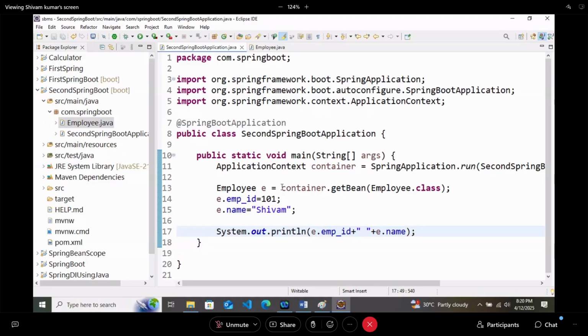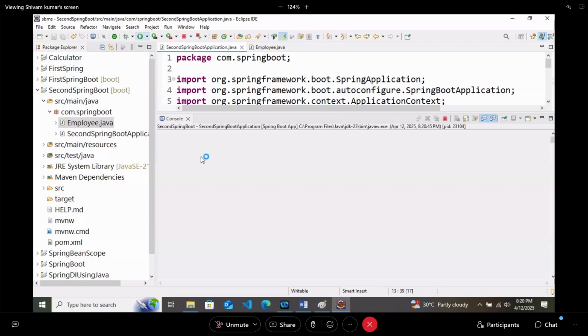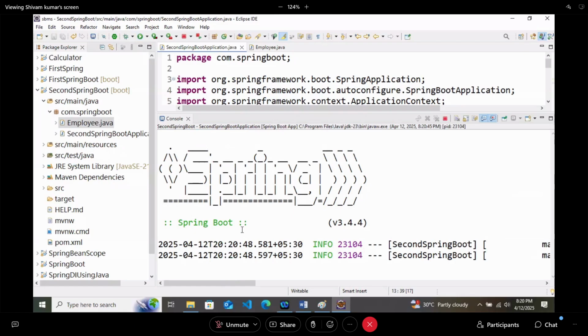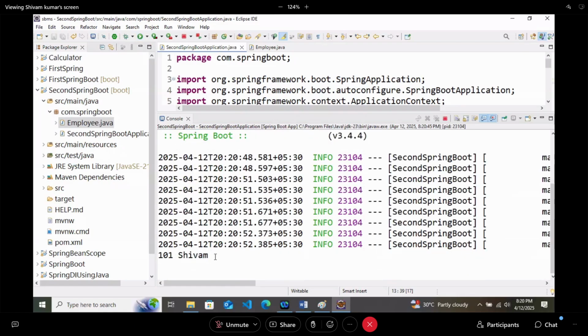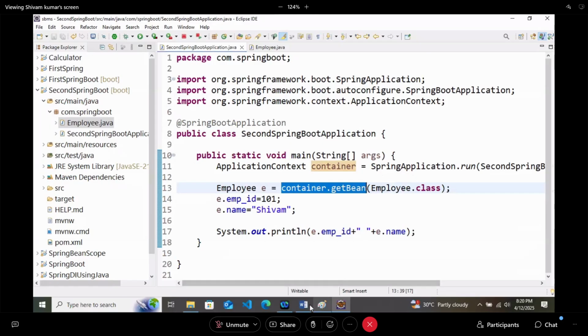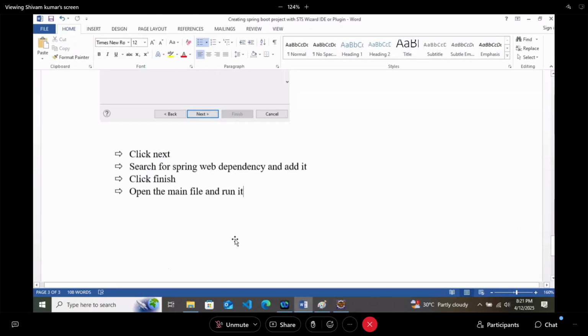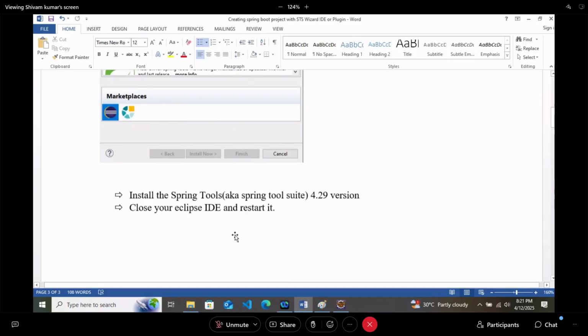We are creating the object of this employee class using the container. We are expecting that we will get the values. So yes, we got the values 101 and Shubham. So this is how you create a Spring Boot project using STS plugin.